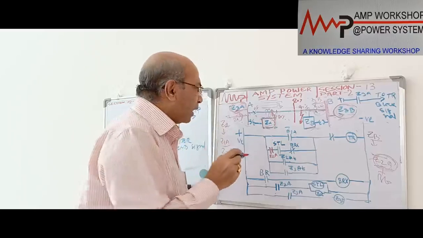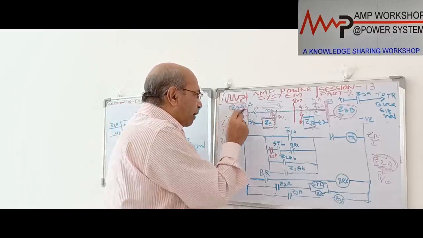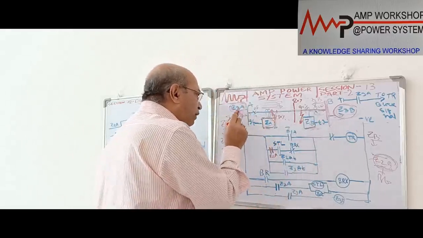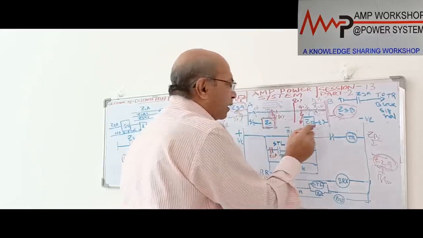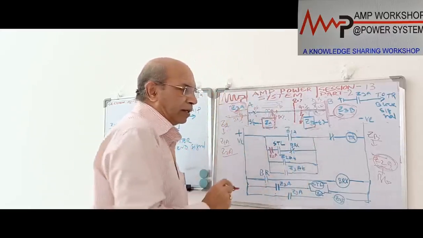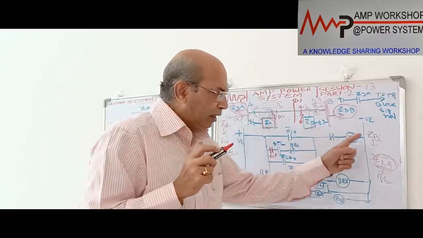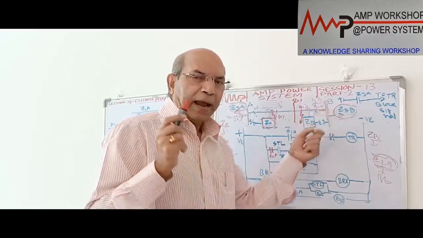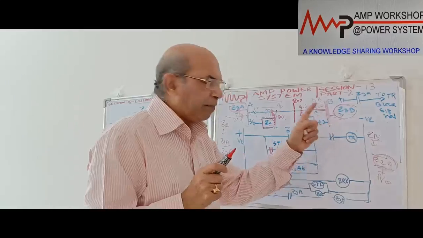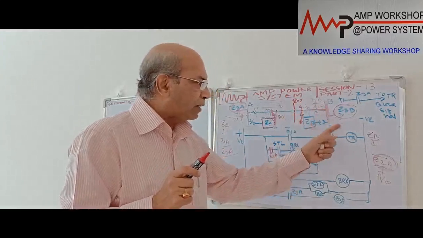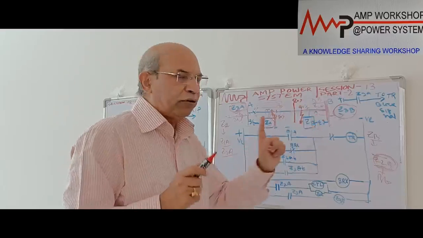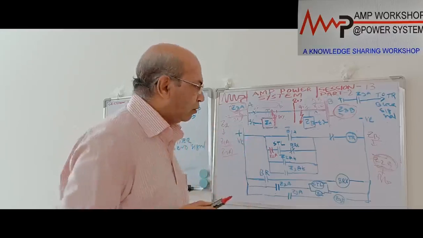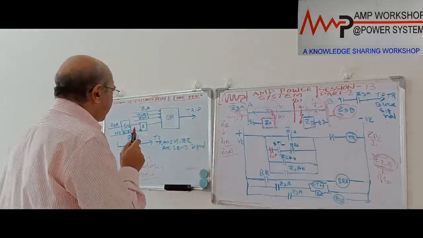So within the 1 cycle, if the signal is sent by the Z3A, it will be received over here. If the signal is not sent by A, then after 1 cycle we will understand the signal is not coming. That means the fault is inside. That means when the Z2 element of this end is operated and 1 cycle time has gone, if it receives the blocking signal within the 1 cycle, it will not operate. But if it does not receive the blocking signal, then it will operate. That is the logic.